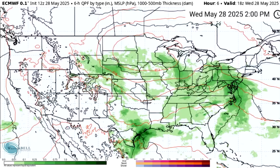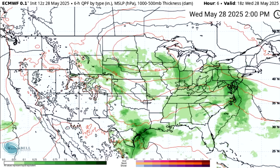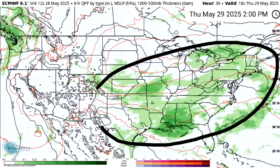Looking at the total storminess in general here, we see that there is a lot of it around for a lot of the central and eastern states in general here for today on Wednesday the 28th. As we keep going towards Thursday the 29th, we see that this is a very similar area. We're going to see this on the Storm Prediction Center outlooks at the end of this video as well, where